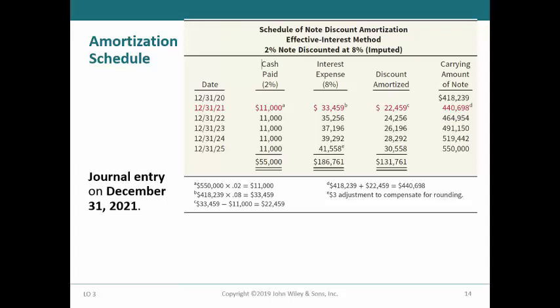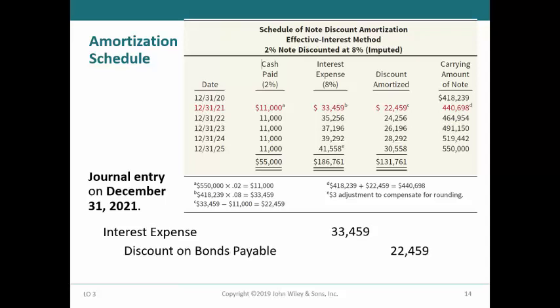The discount amortization is the difference between the interest expense of $33,459 and the cash paid of $11,000, or $22,459. The discount amortization is then added to the $418,239 to arrive at the new carrying value of $440,698. The entry to record the interest expense for 2021 is a debit to interest expense for